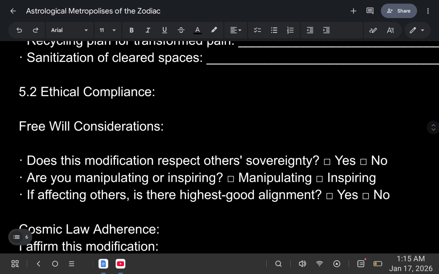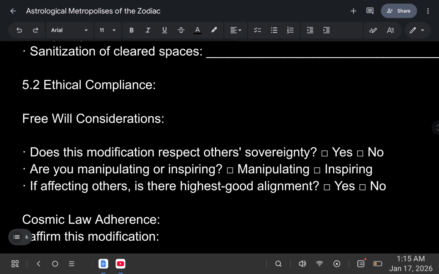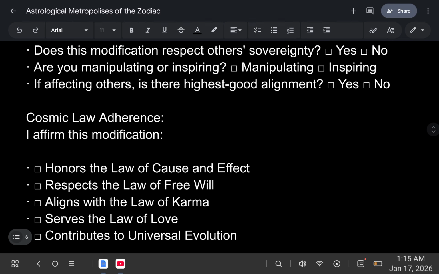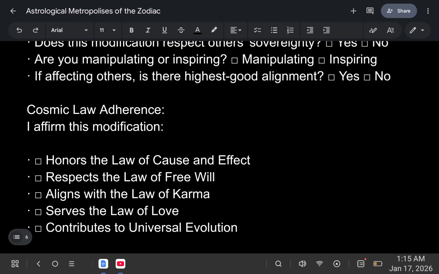Ethical compliance. Free will considerations. Does this modification respect others' sovereignty? Yes or no? Are you manipulating or inspiring? If affecting others, is it their highest good alignment? Yes or no? Cosmic law adherence: I affirm this modification